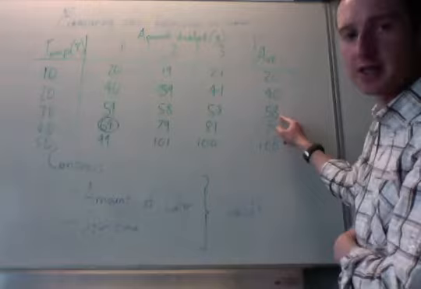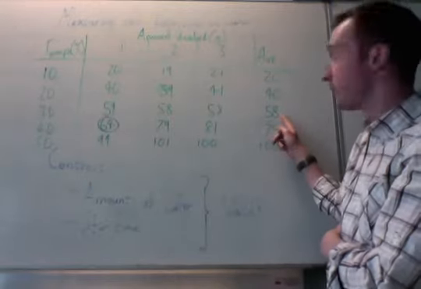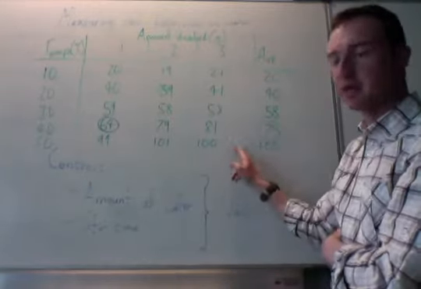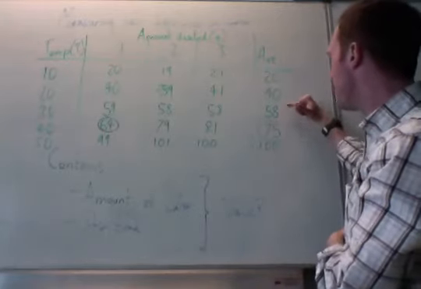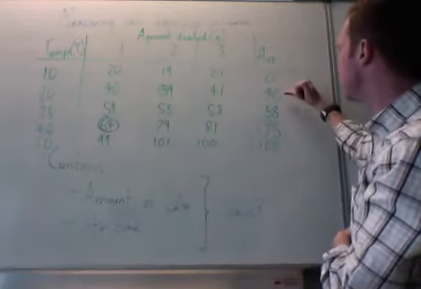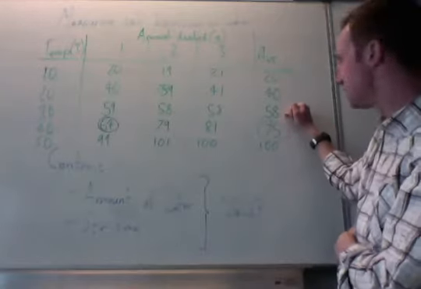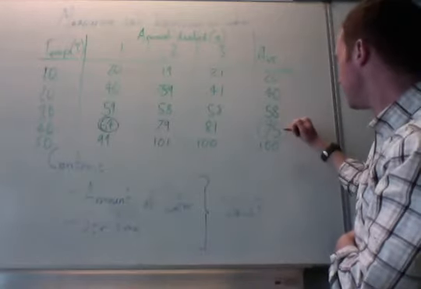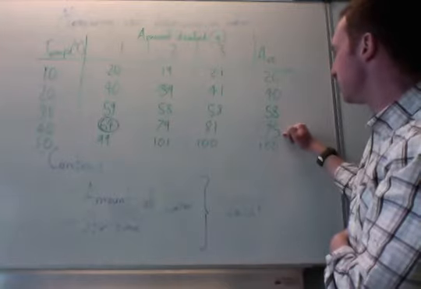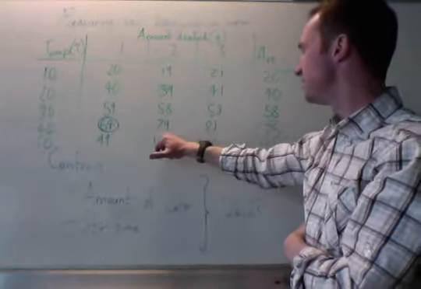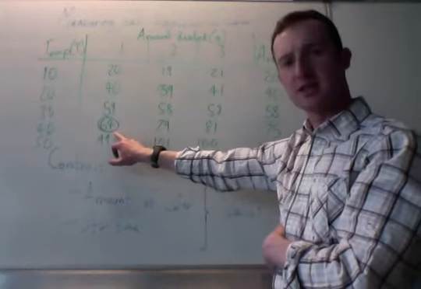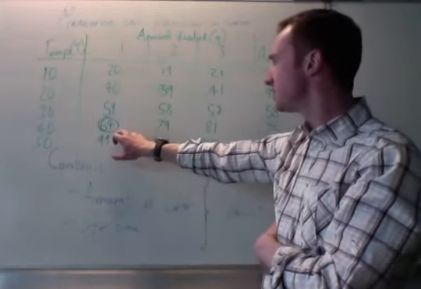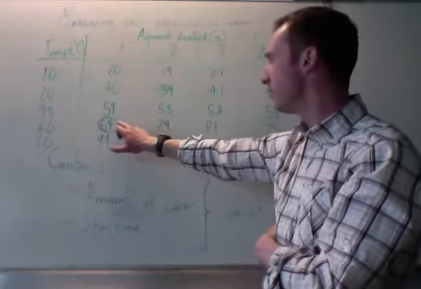The average for this was actually 58.3. But because we need to go to the same number of decimal places, we'll leave that as 58. But it's okay, it sort of follows the trend. So 20, 40, 58, it stays within reason. But then this one looks weird. So we've got an 81, a 79, but over here, a 64. This doesn't fit our pattern. This isn't the same. So this, I would think, would be an anomaly.